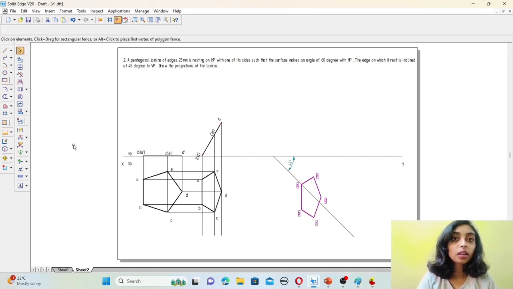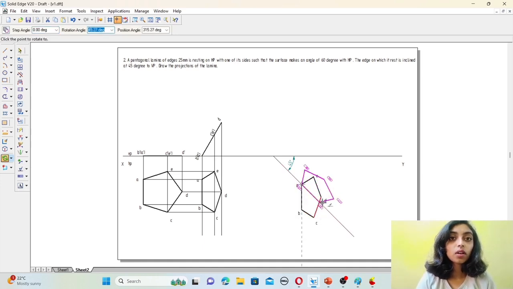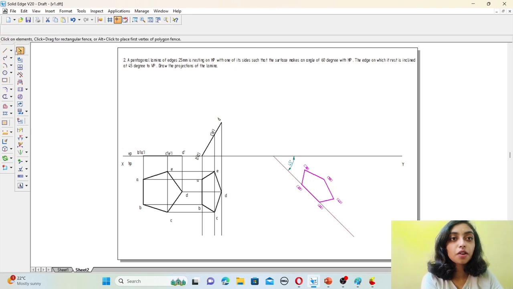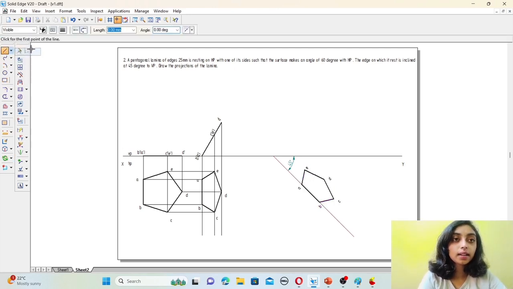Then again, go to the rotate option. Rotate from this point to this point. You can rotate like this. Okay. Then again, go to line. Make sure you have 0.13 mm thickness. The line is inclined here. Then somewhere here itself.